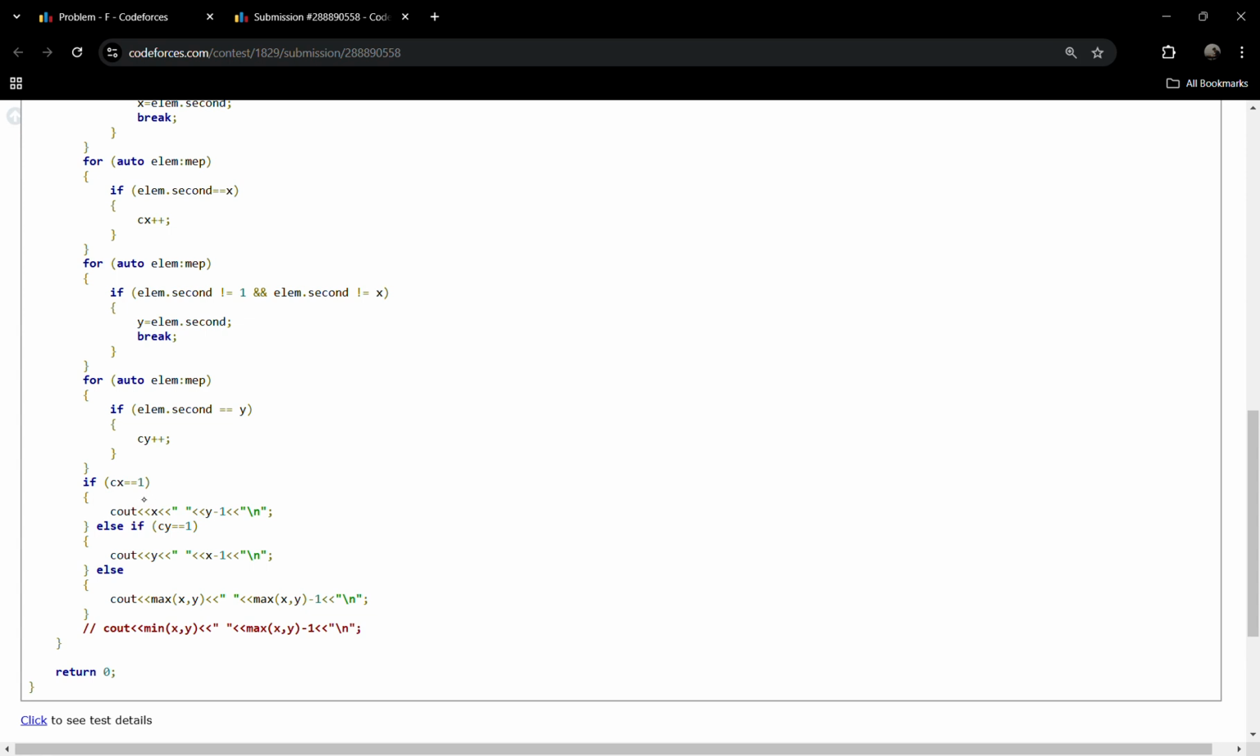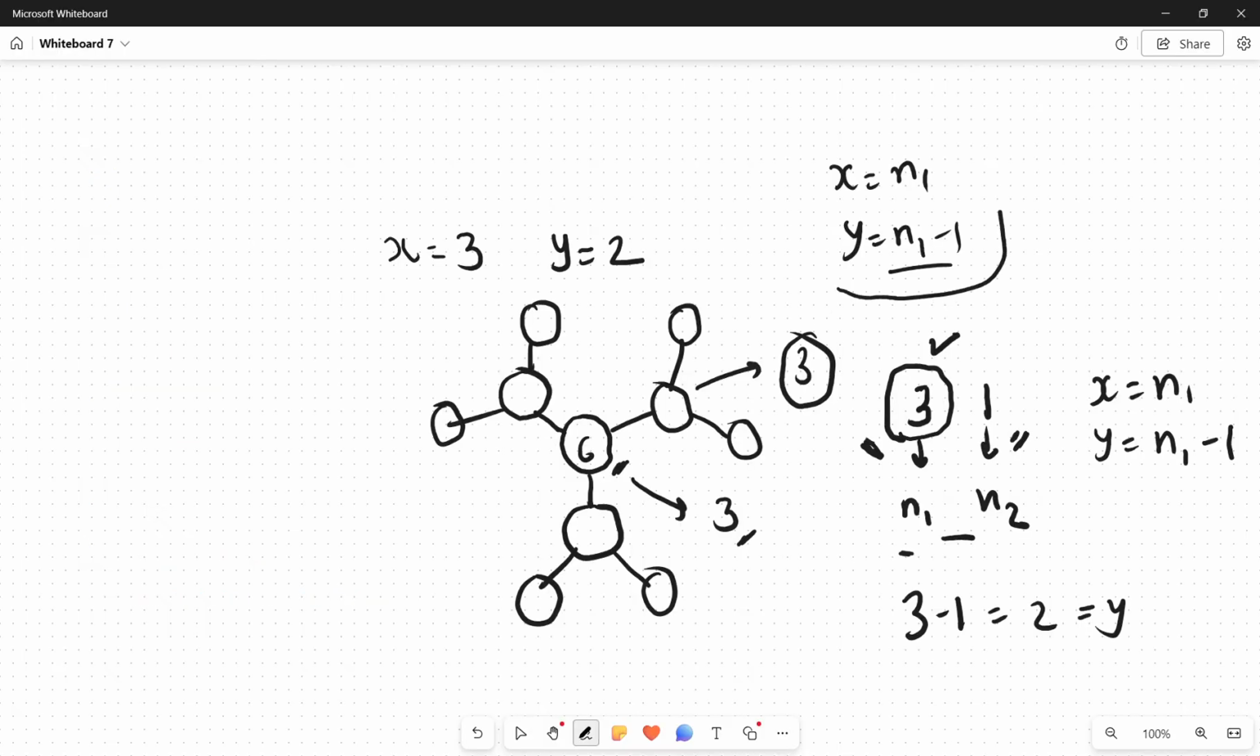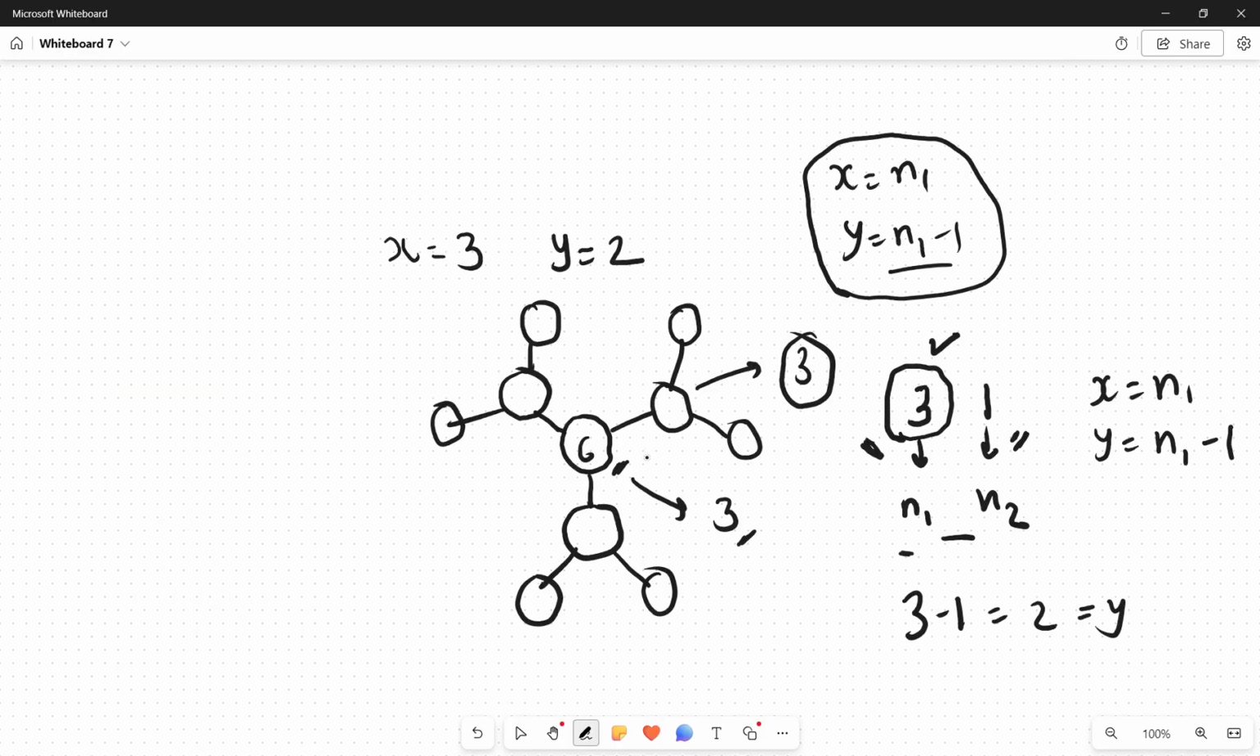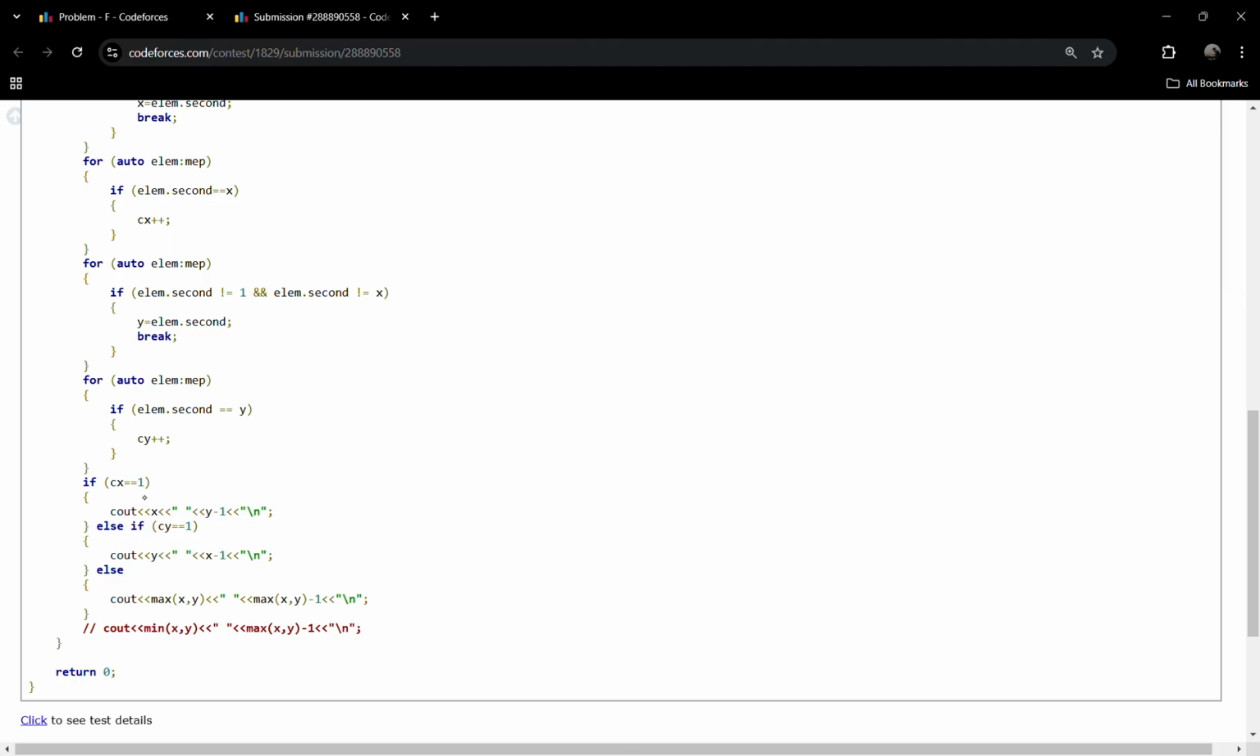And finally if cx is equal to 1, it means x and y are not in the form like this. Count of x equal to 1 means there is only one vertex with the x count of degrees. So this must be the central node, right? So that's why directly outputting x and y minus 1. And else if cy is equal to 1,